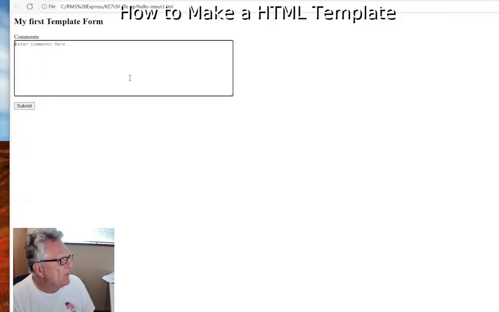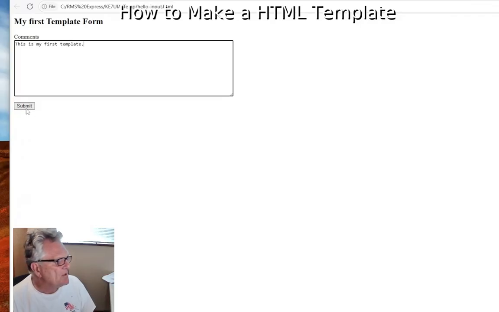So now when I go, this is my first template, I can put in any comments that I want here, and you can see I have a submit form. You could also add a cancel form if you know the right syntax for that, but